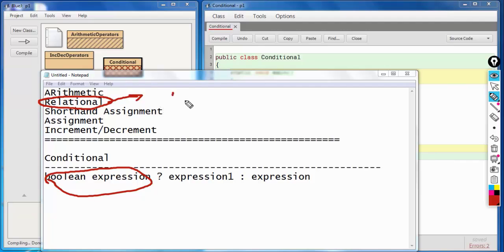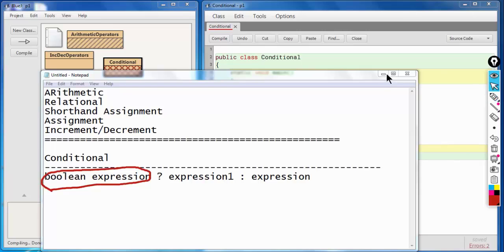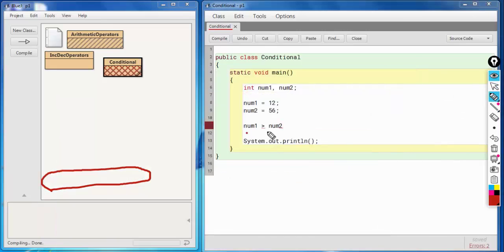For example, 5 is greater than 2, so this will return true, right? So our Boolean expression in this case is this: num1 is greater than